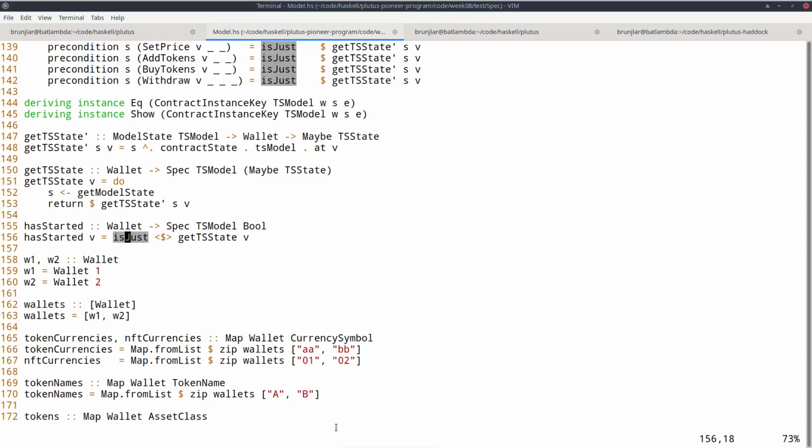And there's a standard function in Data.Maybe in the Haskell prelude that tells me, given a maybe, whether it's nothing or not. It's true if it's a just, and it's false if it's nothing. And I have to fmap because this is in the spec monad, so I lift this isJust into the spec monad. So hasStarted wallet tells me whether the token sale has started.